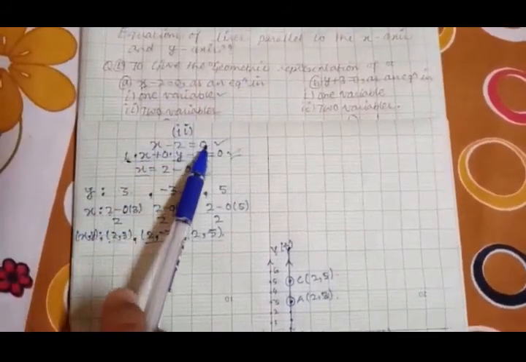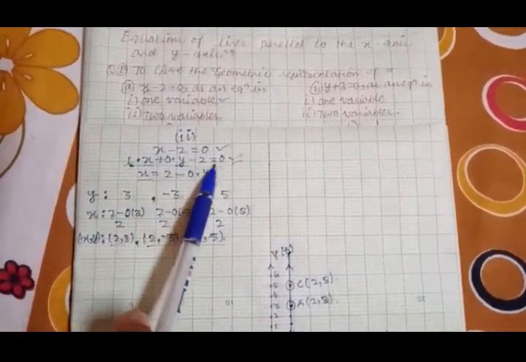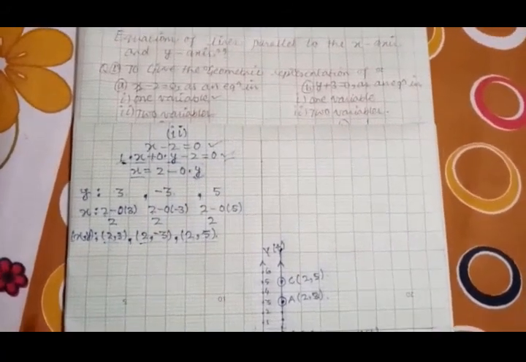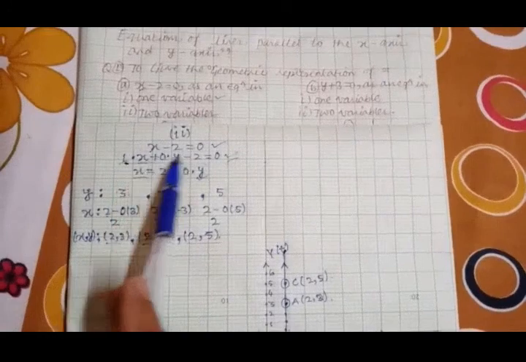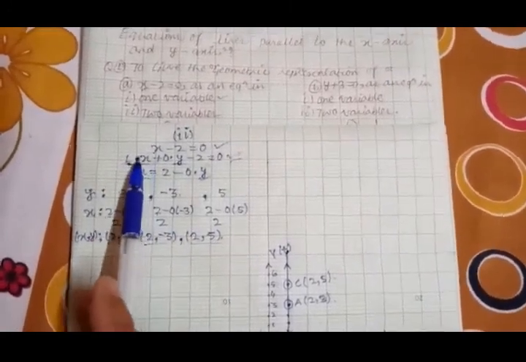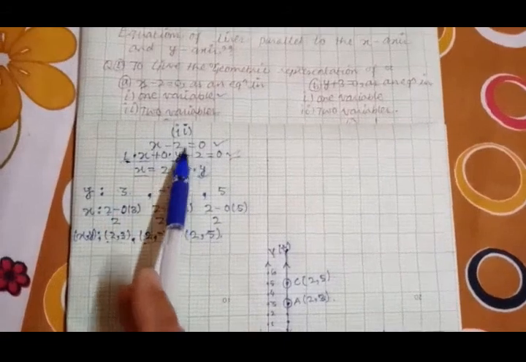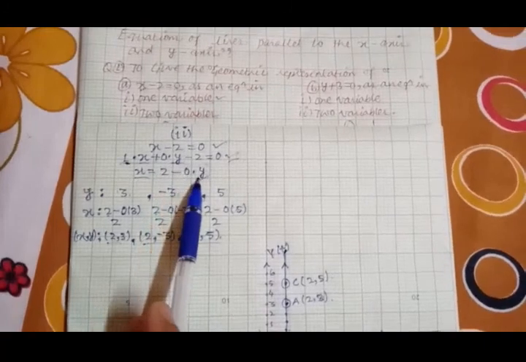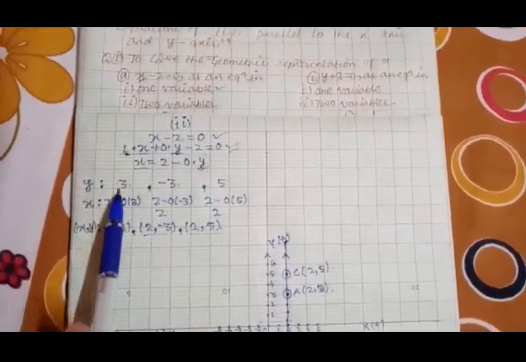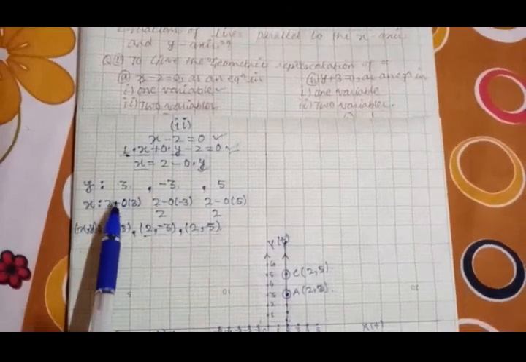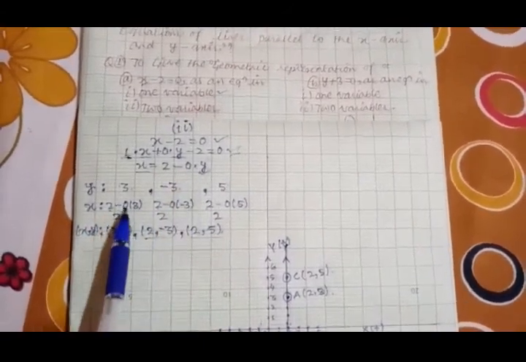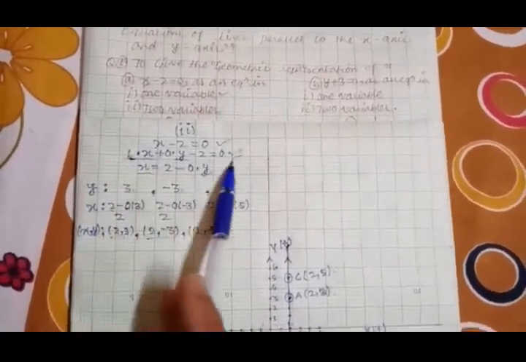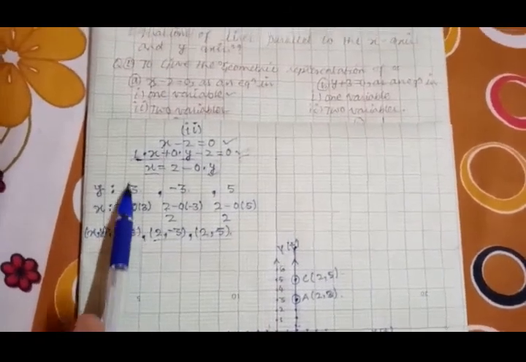So we rewrite x minus 2 equal to 0 as a linear equation in two variables like 1 into x plus 0 into y minus 2 equal to 0. Before drawing its graph, we must have its solutions. For that purpose, I made x the subject. So it is x equal to minus 2, that side becomes plus 2, and plus 0 dot y becomes minus 0 dot y. So if for y we use 3, x is 2 minus 0 into 3. So 0 into 3 is 0, 2 minus 0 is 2. So the first solution of this linear equation in two variables is x equal to 2 and y equal to 3.